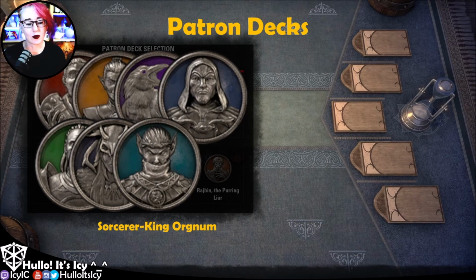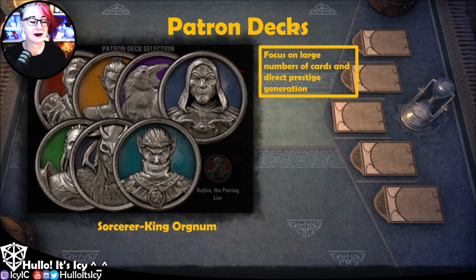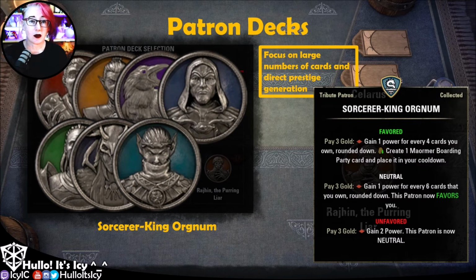Then we have the Sorcerer King Organum, and his focus is on generating large numbers of cards, like a huge hand size, as well as direct prestige generation. It doesn't even matter whether those cards are Sea Elf focused. I mean, it helps, but really it's about the hand size, as long as you're combining it with this activation,